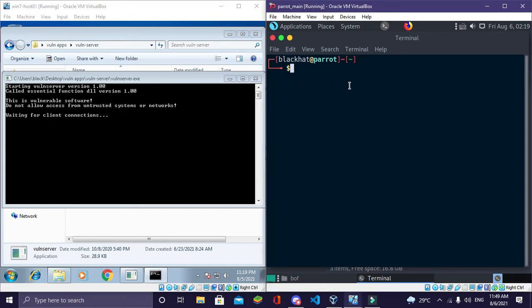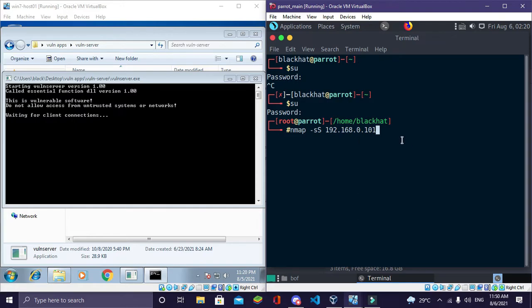When you do an nmap scan you have to run it in root mode, so I'll go to super user mode first, and now I'll do the nmap scan. To do that, type nmap -sS, capital S, and then the IP address, which is 192.168.0.101.